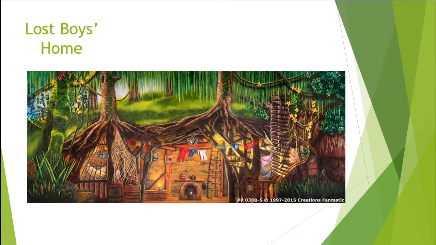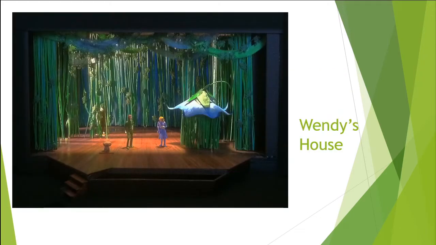You've got the Lost Boys' home with the cave. You've got those trees up in the background. You've got roots and the parts of the cave in the middle ground, and a little bit more, like this railing right here or some of these other spots, in the foreground. You've got Wendy's house. You've got the forest in the back. We've got Wendy's house and the people in the middle, and then the other people could be walking up here